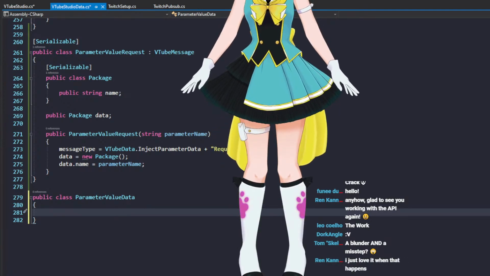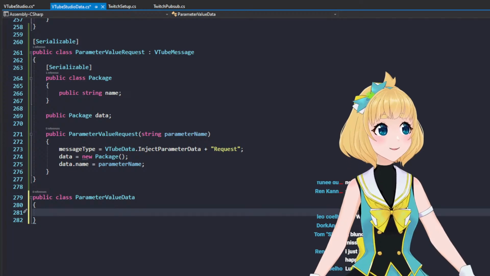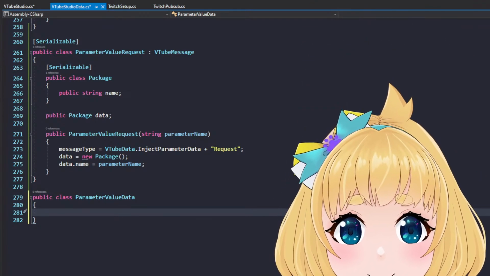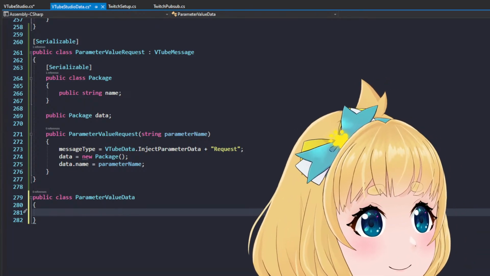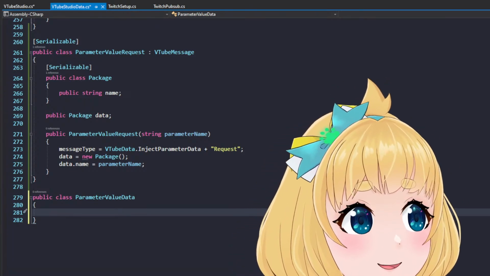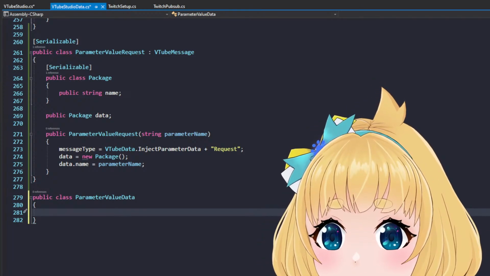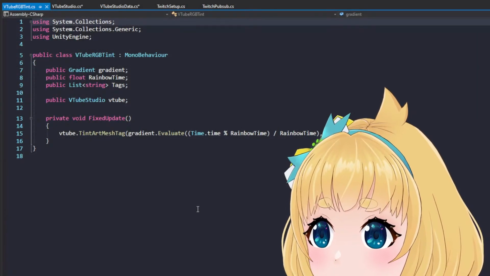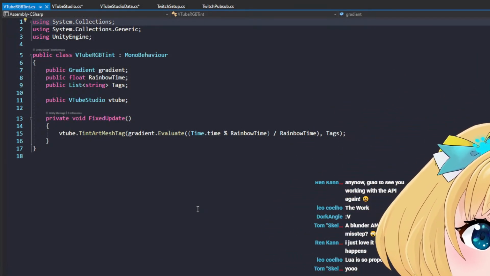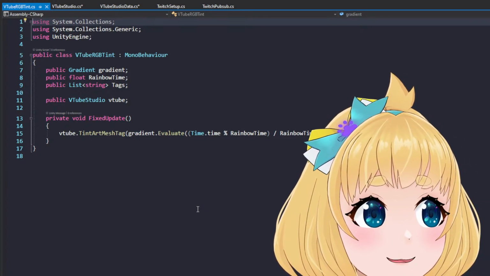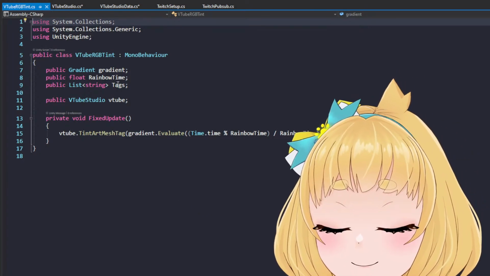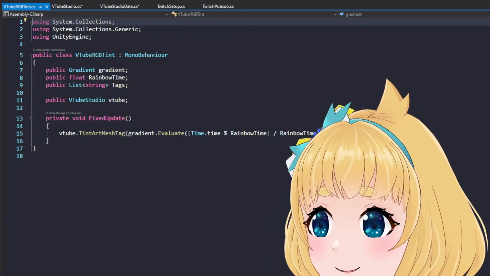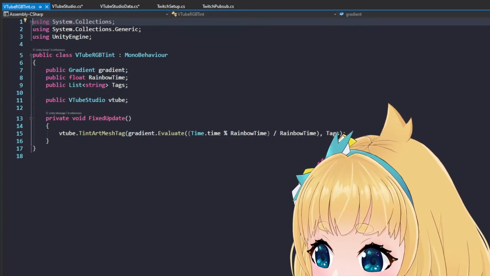So my thing's RGB. My stuff's RGB. See? And that's through the VTS plugin, VTS API. See? I wrote my own, actually I can show it to you. I still have it here. I'm still quite large, aren't I? I wrote my own thing that just takes a Unity gradient and a time and does it over that. And I use the same thing for my